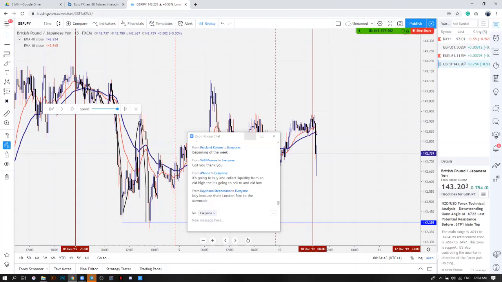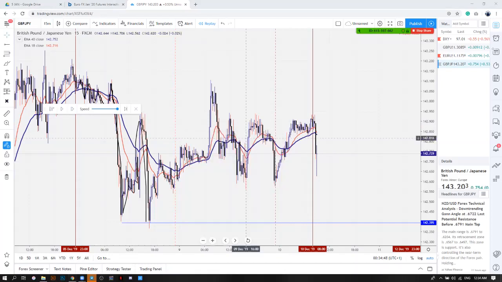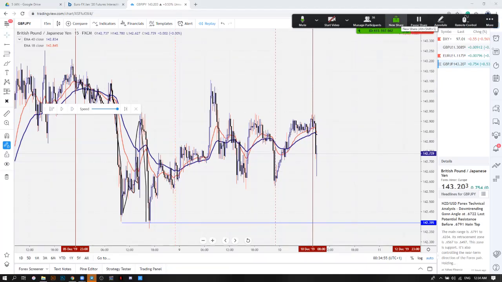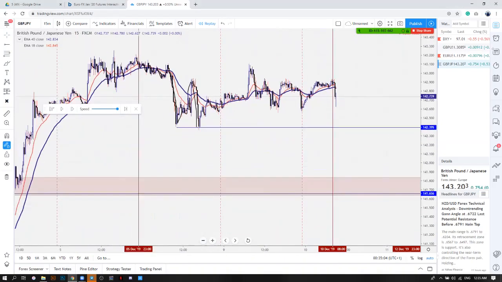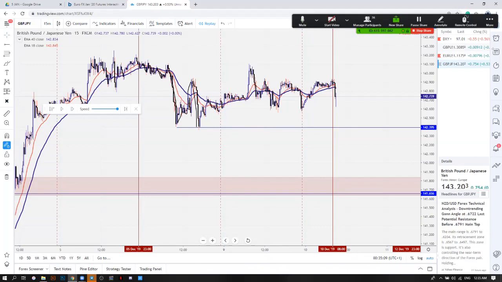All right, so what is the market going to do now? Buy, because that's London fixed downside. Are you sure this is going to be a buy? Okay, look at what the market did around Asian session. Buy or sell? What are you going to do? Let's see. Taking everything, look at everything the market is doing and tell me, what do you think would happen? Buy or sell?